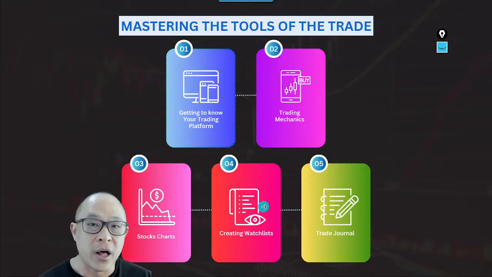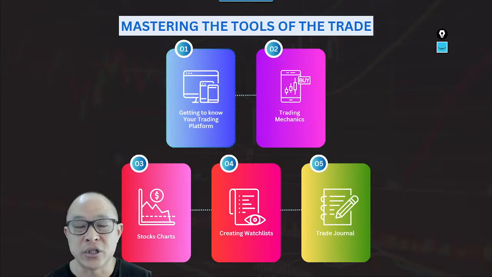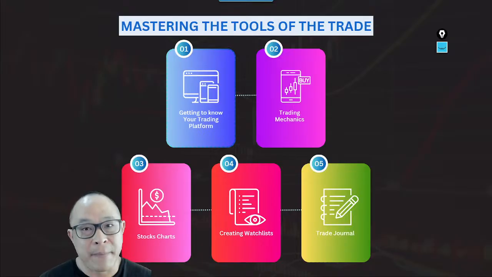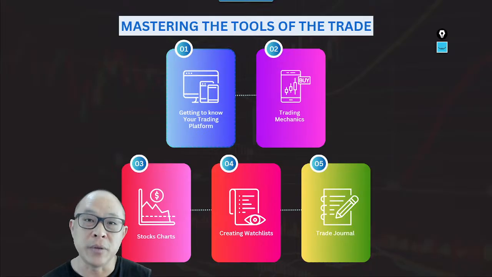And then a trading tool that a lot of traders don't know how to use is creating a watch list. Because remember, as a trader, your searches should feed your watch list, and then your watch list should then feed your trades. People don't see how that is step by step, right? They just think, oh, I'm going to look at this chart and I'm going to enter this trade now. No, you need to have a watch list so that you can put in alerts and wait for a confirmation